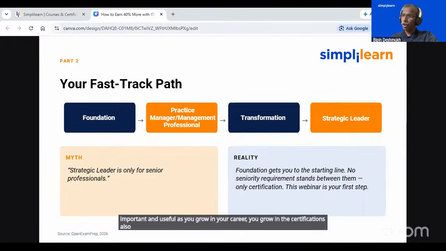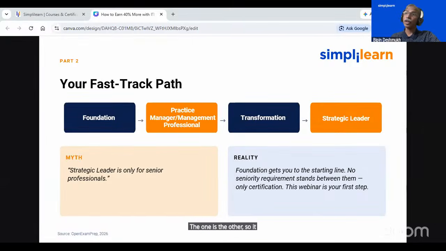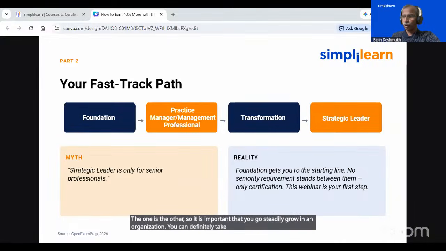That makes more sense. It shows more maturity towards inheritance, utilization and implementation of the knowledge. Knowing one thing and implementing it are different. So it is important that you grow steadily in an organization. You can definitely take a career path of around 3 to 5 years to ensure that you take all the certifications to master level. By the time the new version comes in, you should be able to smoothly transition from masters to masters in the upcoming versions.